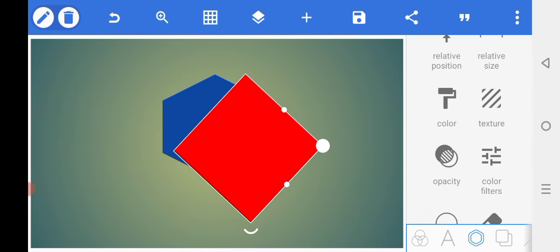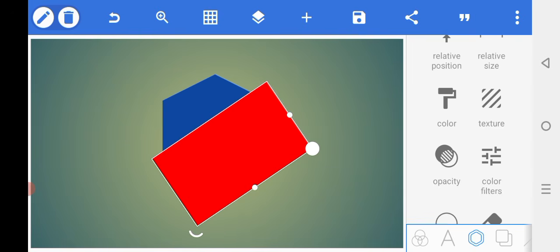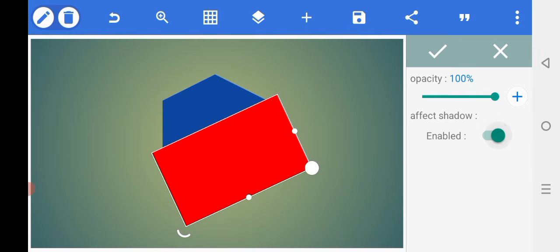How to make a designing shape on Pixel Lab easily. Open the Pixel Lab, select a shape, duplicate the shape, change the color of the shape, select the opacity effect, shadow enable button down,